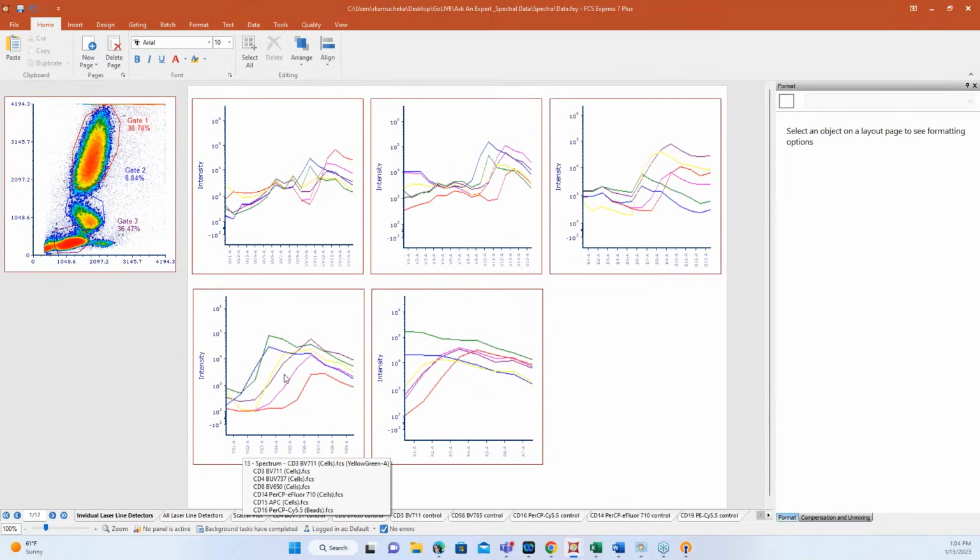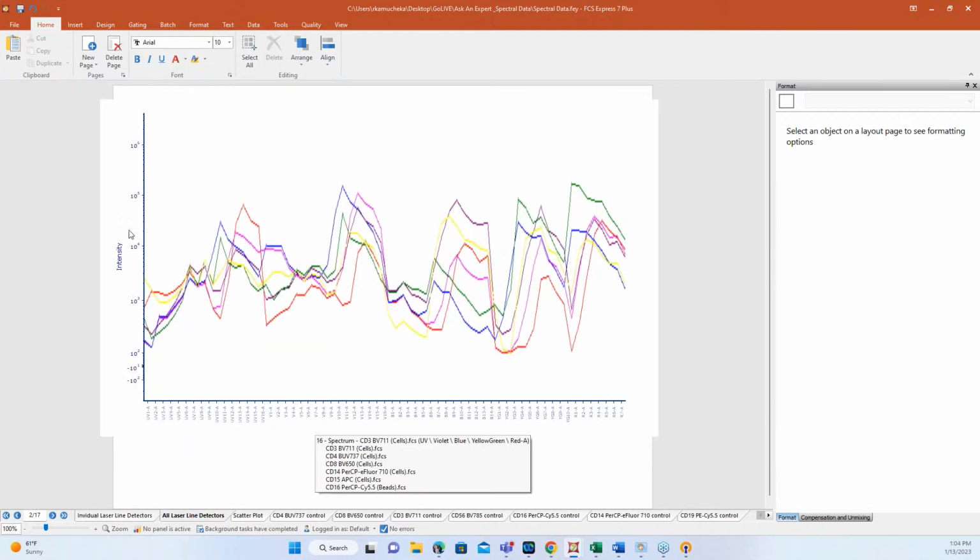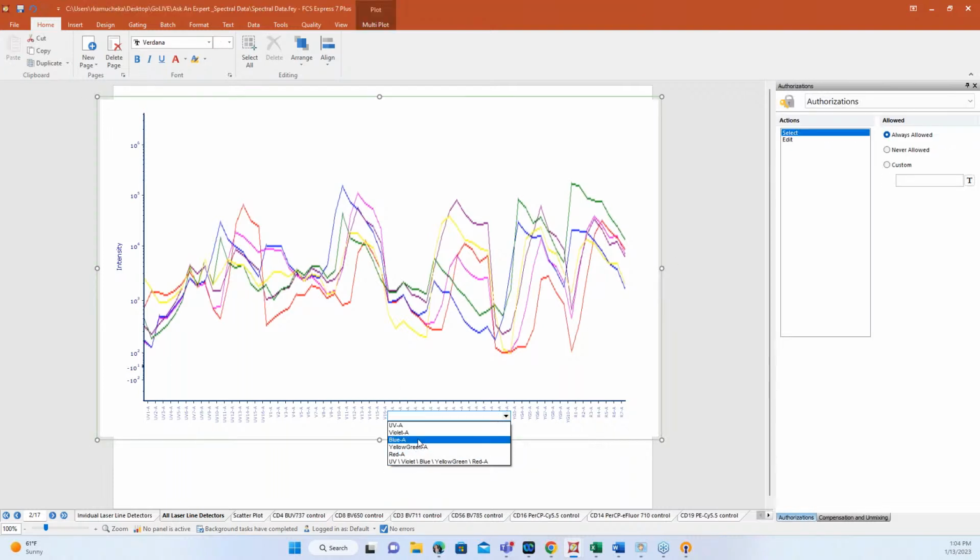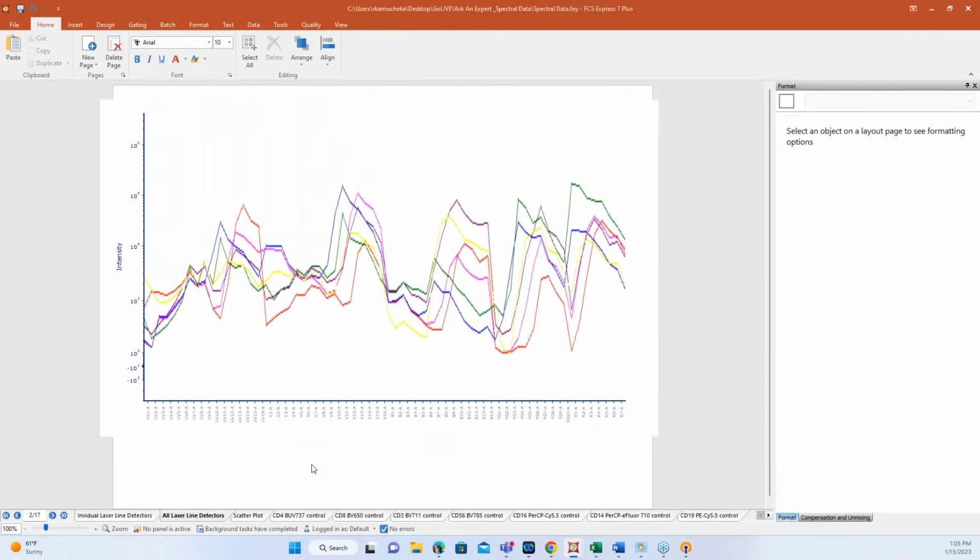If you are going to be using FCS Express to unmix your data files, of course, we have different laser lines, right? So whatever your system has, we're going to be able to separate out, and then you'll be able to also see in FCS Express, we can bring in your signature across all the lasers. So this is just changing a parameter just like you would with any 2D plot. This is just our spectrum plot to show you those signatures so we can see the differences of how our fluors are operating. How can we separate this out, right? How do we decide what channels are peaks and things of that nature? That kind of brings us into the unmixing part.